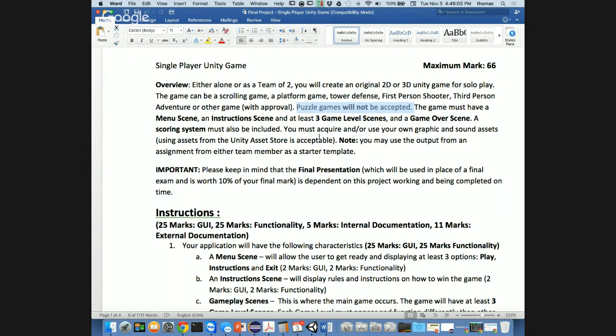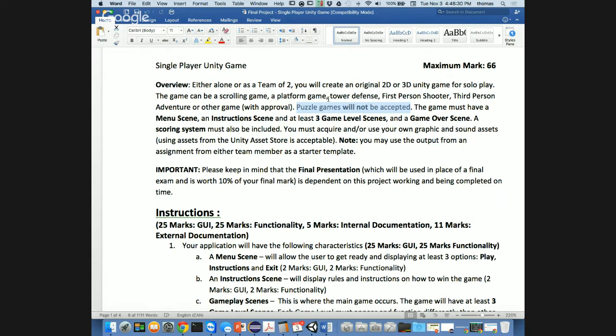This is not about trying to make a game that's undoable or uncompletable by the end, right? And that's why I say no puzzle games, because with puzzle games, there's good and bad things about them. They can kind of run you into a black hole and you'll never come out, right? Because it's challenging, and sometimes they're too much and sometimes they're not enough, like they're too simple. So it's not apples to apples. I want to compare apples to apples with you guys. That's why puzzle games are out.